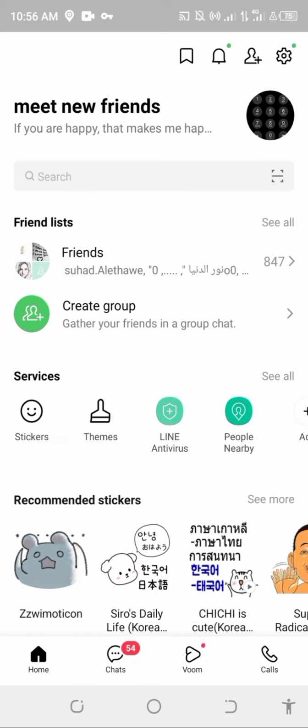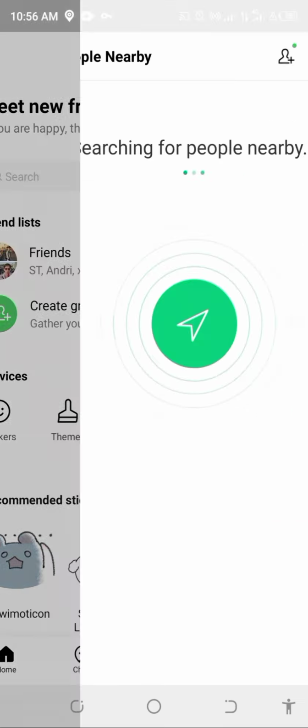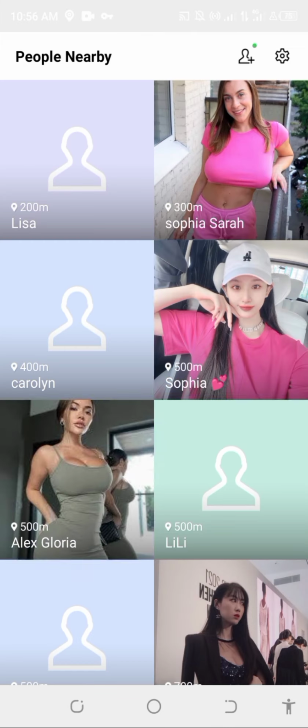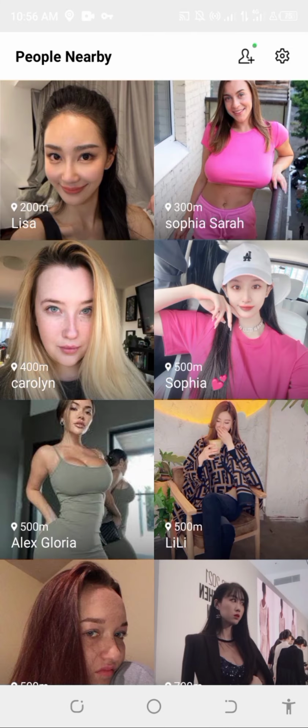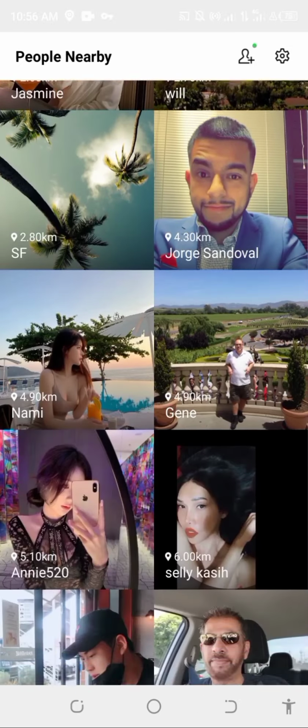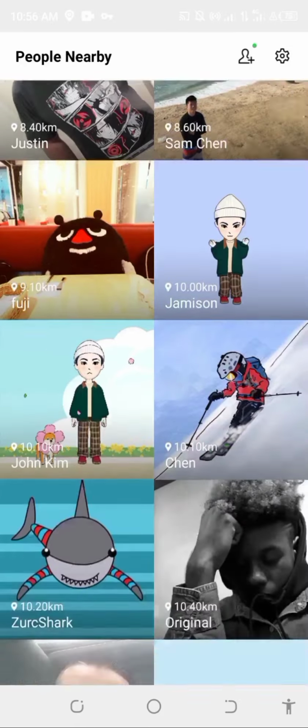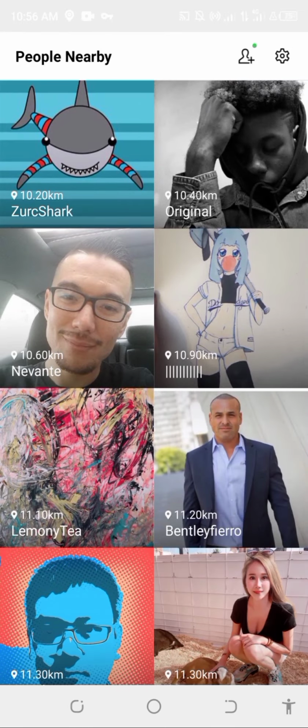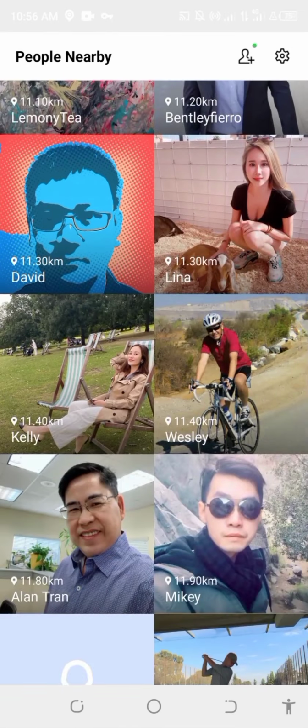The next thing you still want to do here is to click on people nearby. Wow. We are in Los Angeles, California, USA. This is just a simple trick that you can use to meet new friends anywhere in the world.